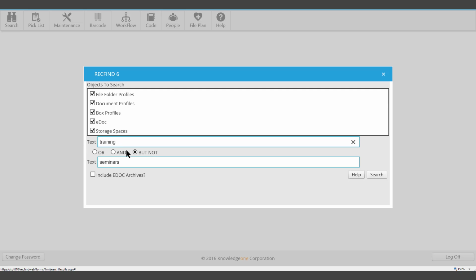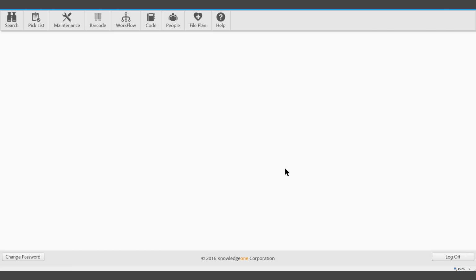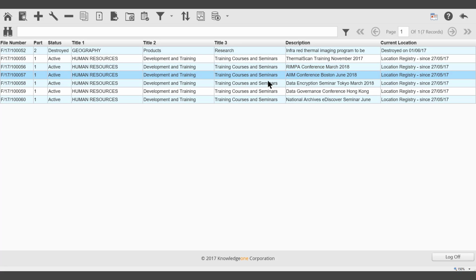It's possible to type both words on the first line, training, seminars. The Boolean operator of and will be applied the more words you type on the one line, training and seminars and email, for example. Search. There are 7 file folder records. Let's have a look at those. There they are. Training and seminars. Back